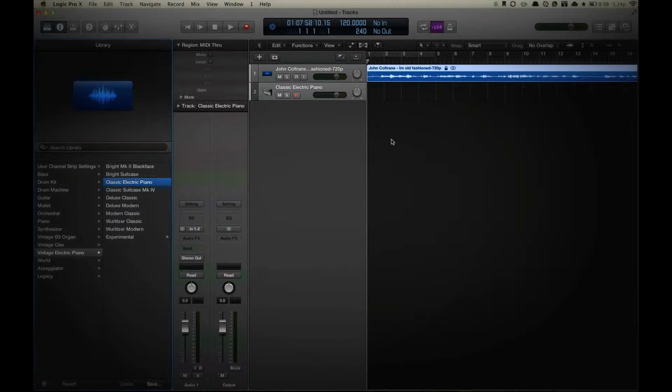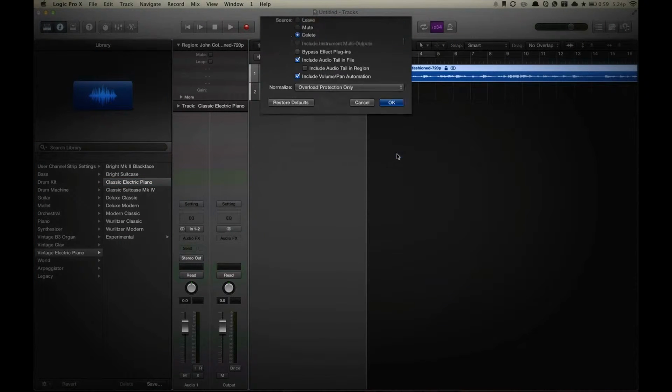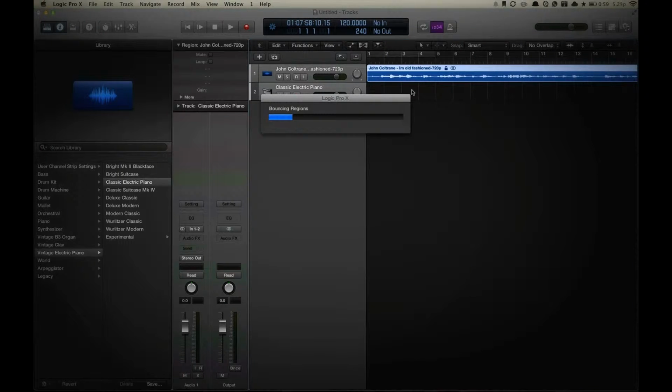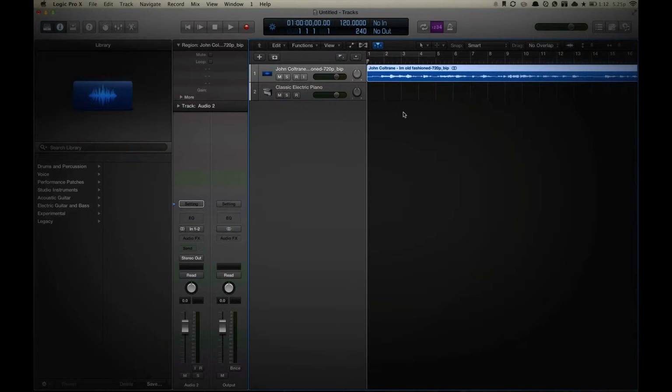And now you'll notice that there's a little lock sign up here. I don't know why that is, but if you bounce it in place, you'll just get another copy of it that isn't associated with that file that you imported and is held in your Logic file. I've had a lot of problems when I try and work directly with the file. When you bounce it it's a lot easier. So if you play it,